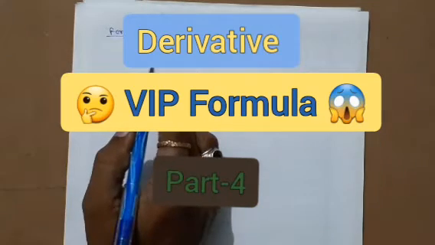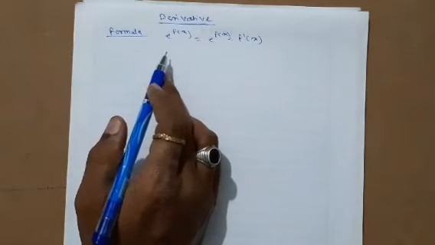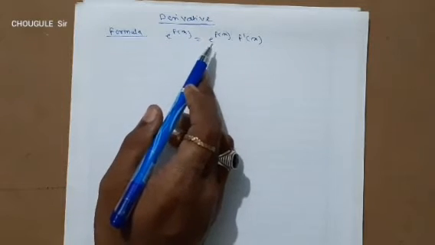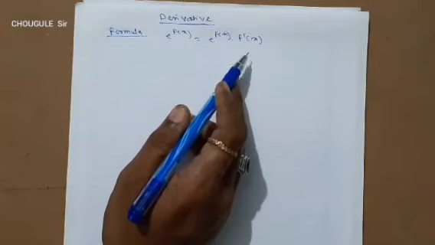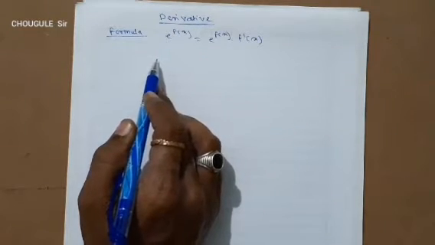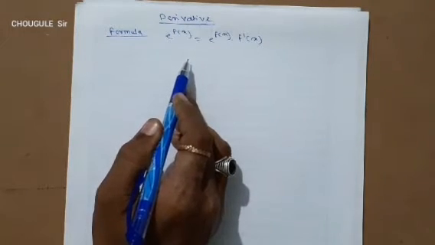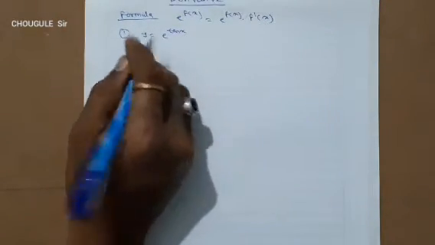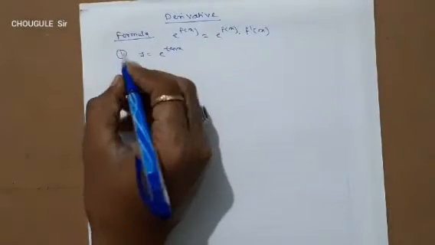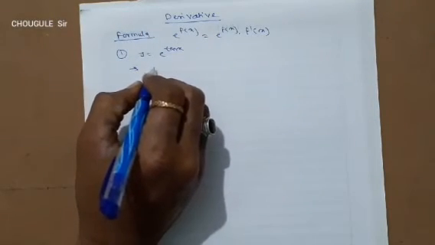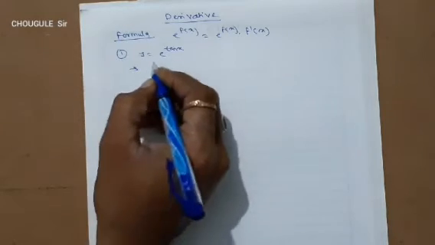Hi students. So the next topic on the formula based problems will be: the derivative of e to the power f of x is equal to e to the power f of x into f dash of x. By using such a formula we can solve problems on it and practice e to the power tan x. We will solve the problem with the same technique that we use for other problems.